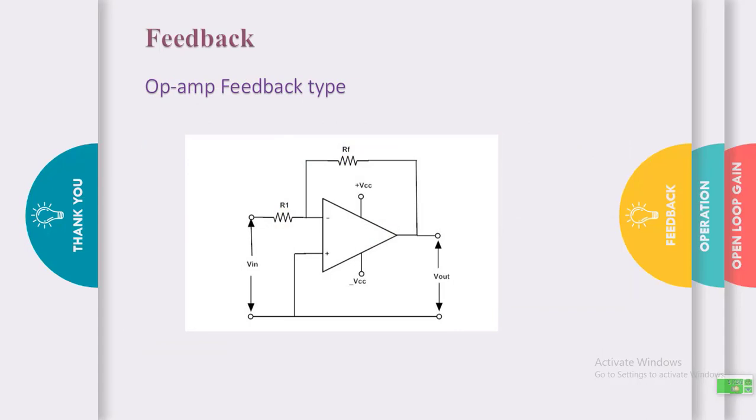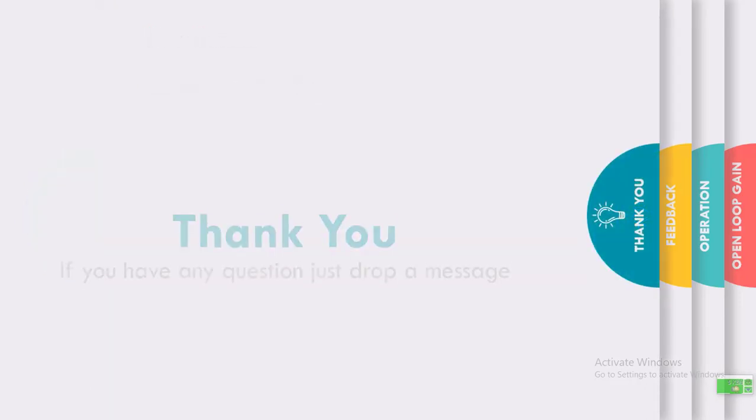Now the last slide. Which type of feedback do we use in op-amp? Earlier we learned that op-amp gain is too high for open loop configuration. Thus, if we use positive feedback, then the gain will be even higher, and more unstable. But if we use negative feedback, then the input decreases, the gain decreases, and the output is stable to operate the op-amp. That's why we should use negative feedback for an op-amp circuit.